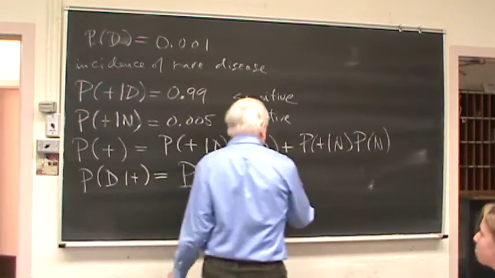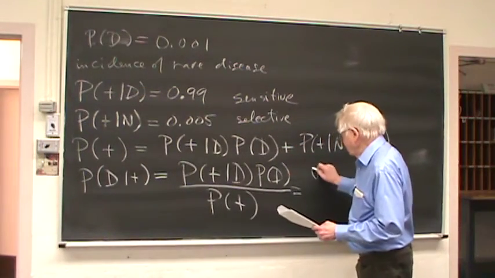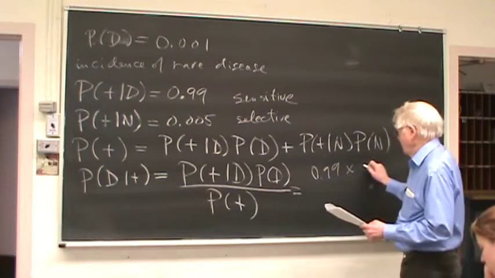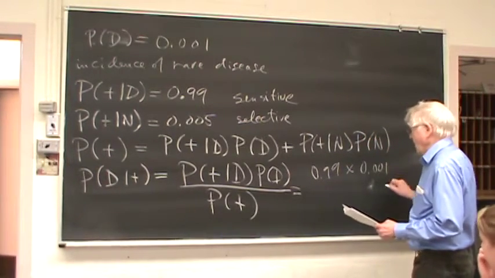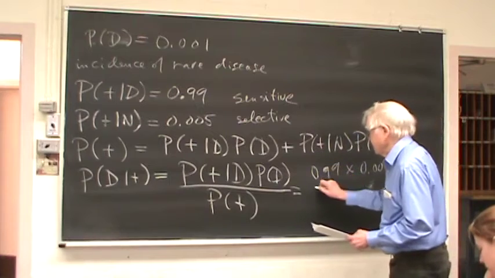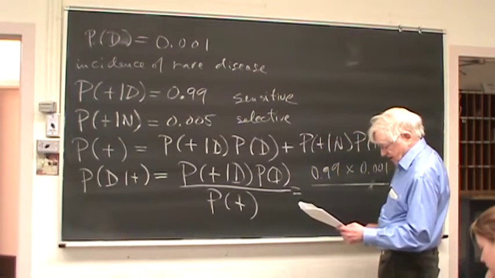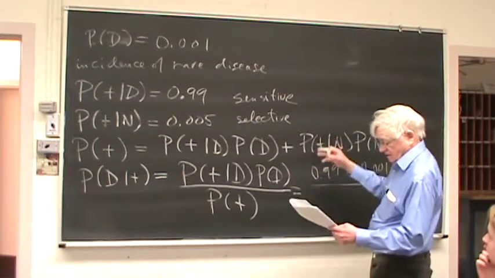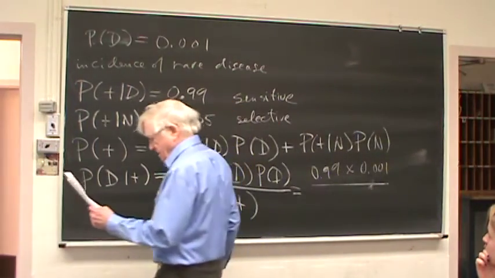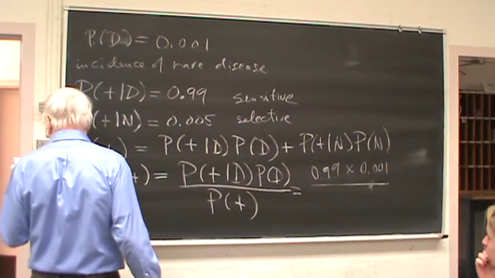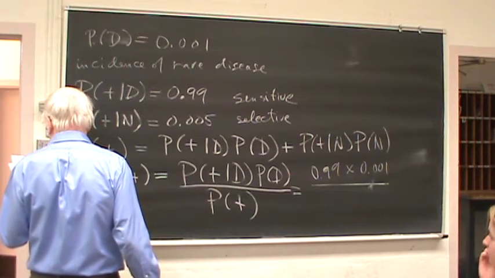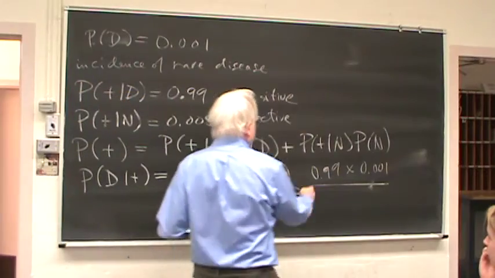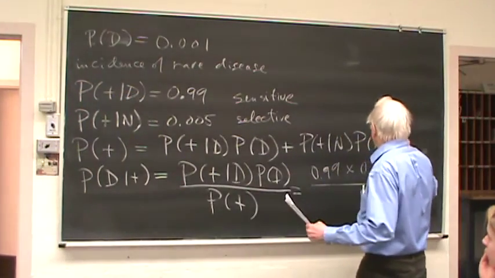And we can compute this. This is 0.99. This is 0.001 because it's a rare disease. And we divide by this thing here, which I forgot to calculate, namely, wait a minute, what am I doing here? Yeah, I forgot to calculate this, so let's calculate this. This thing